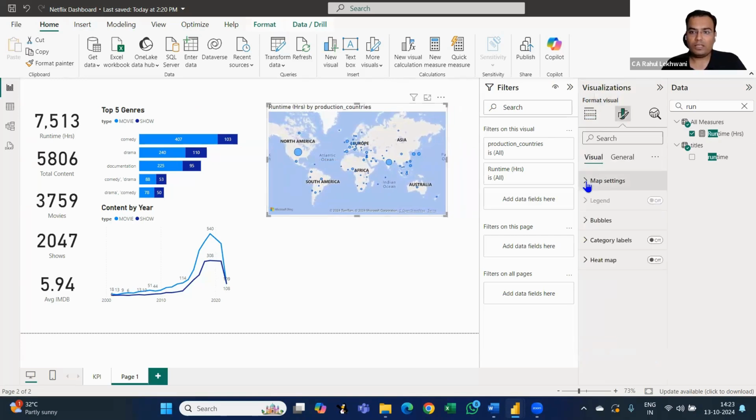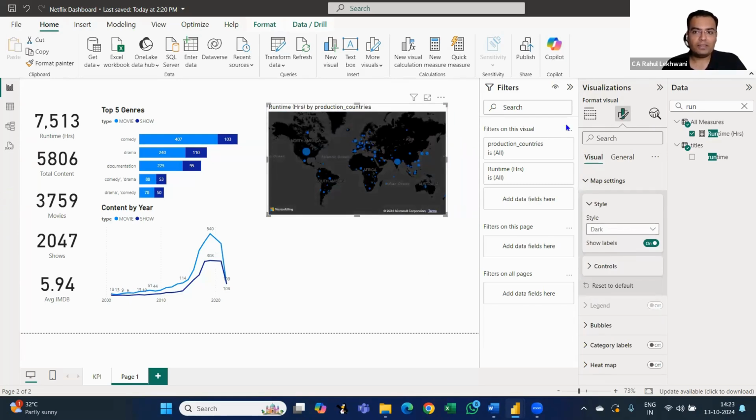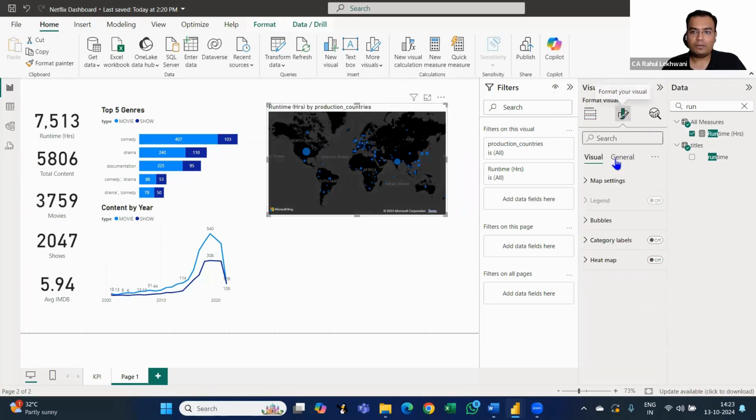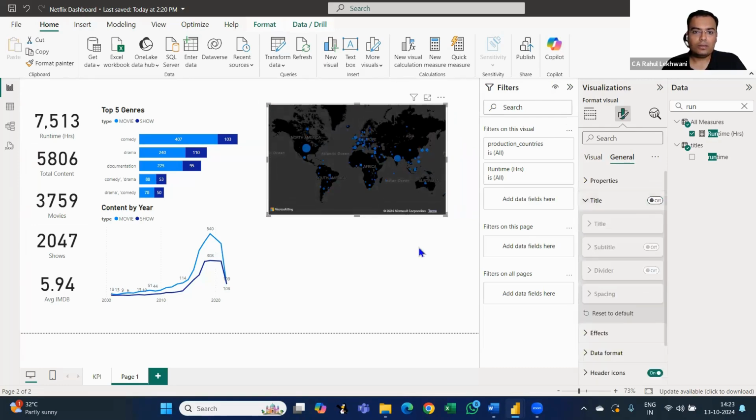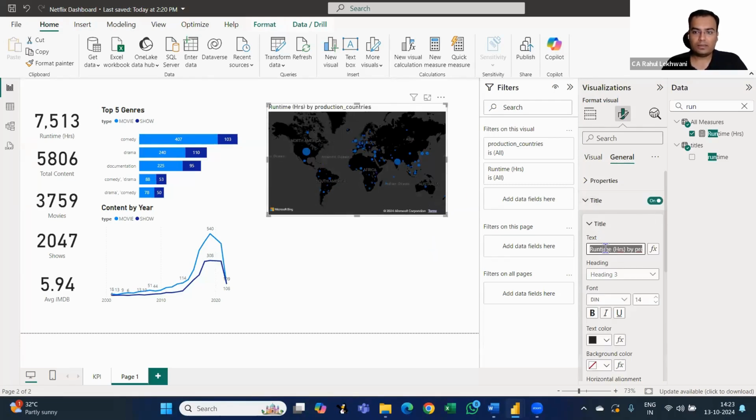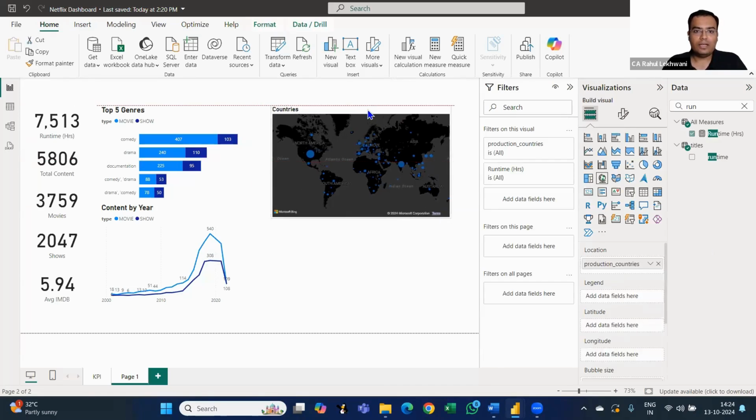Let me change this map into a dark map, something like this. And let me remove the title. So in this way, I can see the distribution of, or let us keep the title as countries. So in this way, I can see the countries and the kind of runtime hours that it is